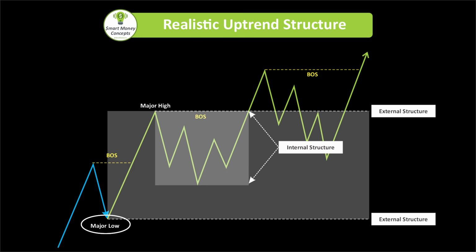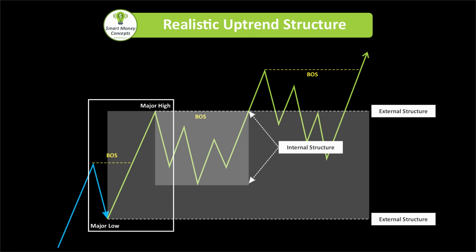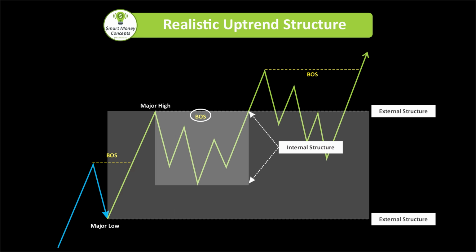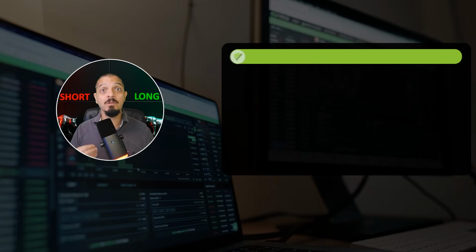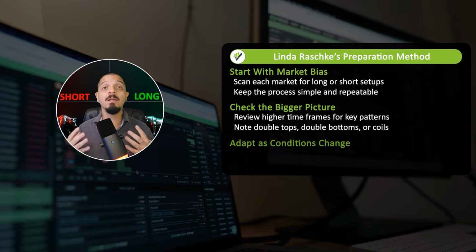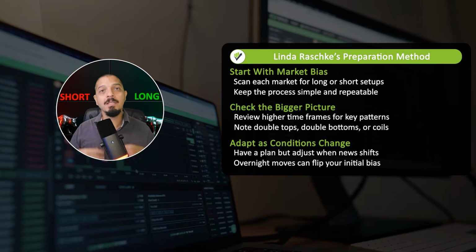You might wonder why this low at the extreme is treated as the major low. The reason is that it represents the ultimate low point before the price starts its upward trajectory. This particular point is essential as it's the pivotal low that catalyzed the upward movement and the subsequent break of structure. Before we go deeper, let's hear from Linda Raschke, one of the most respected traders in the industry, as